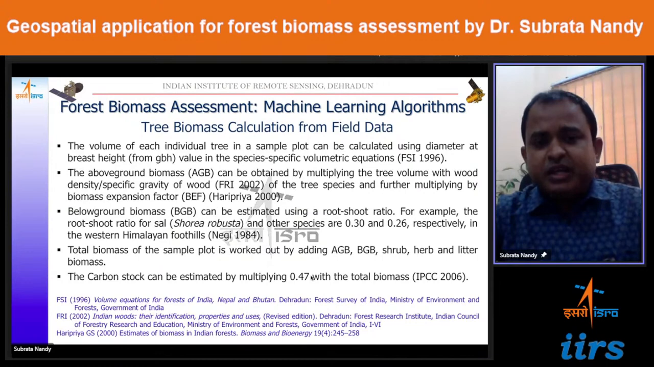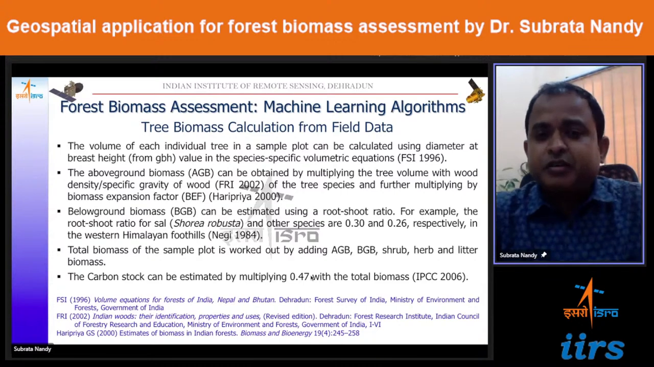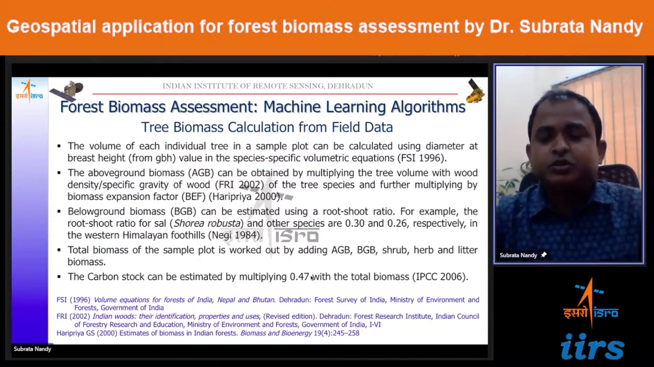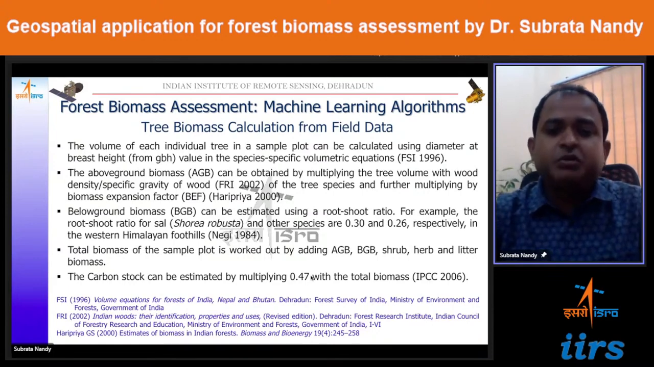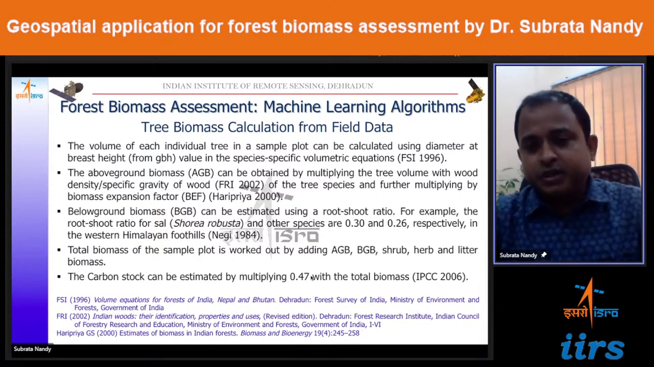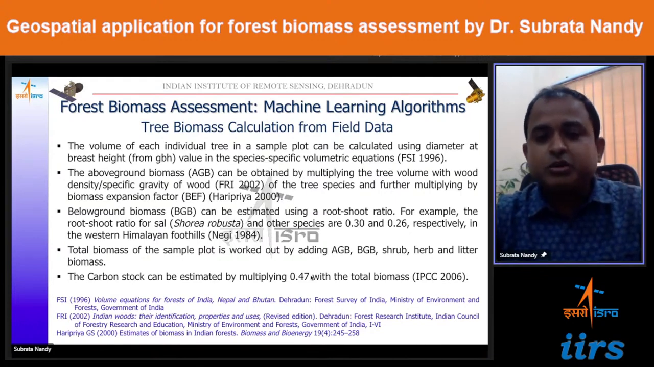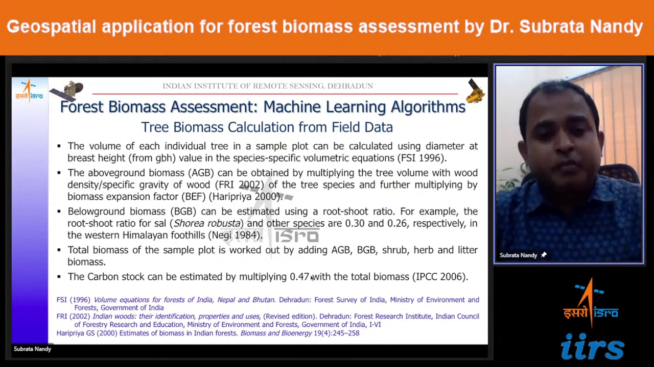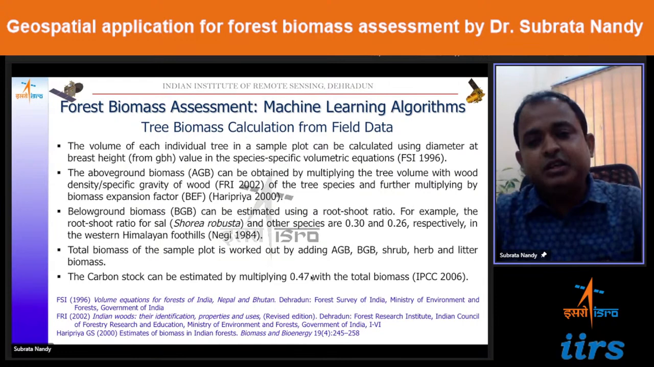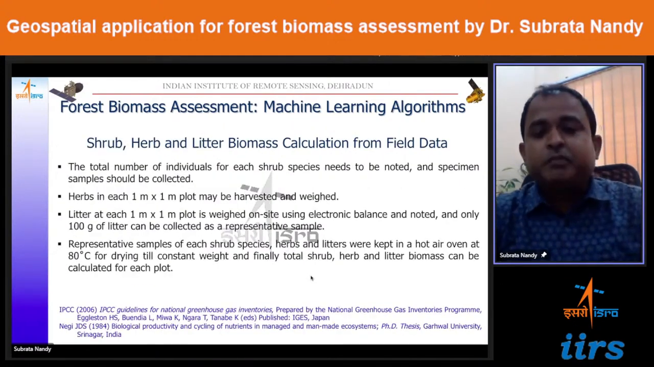For below ground biomass, reference data is also scarce, so it is estimated using a root shoot ratio. In certain cases it is there in the literature. In our case, we have used a root shoot ratio of 0.3 for Shorea robusta, and 0.26 for other species. From this, we can calculate the below ground biomass as well. So by this methodology we can calculate the total tree biomass. Now for shrub biomass,